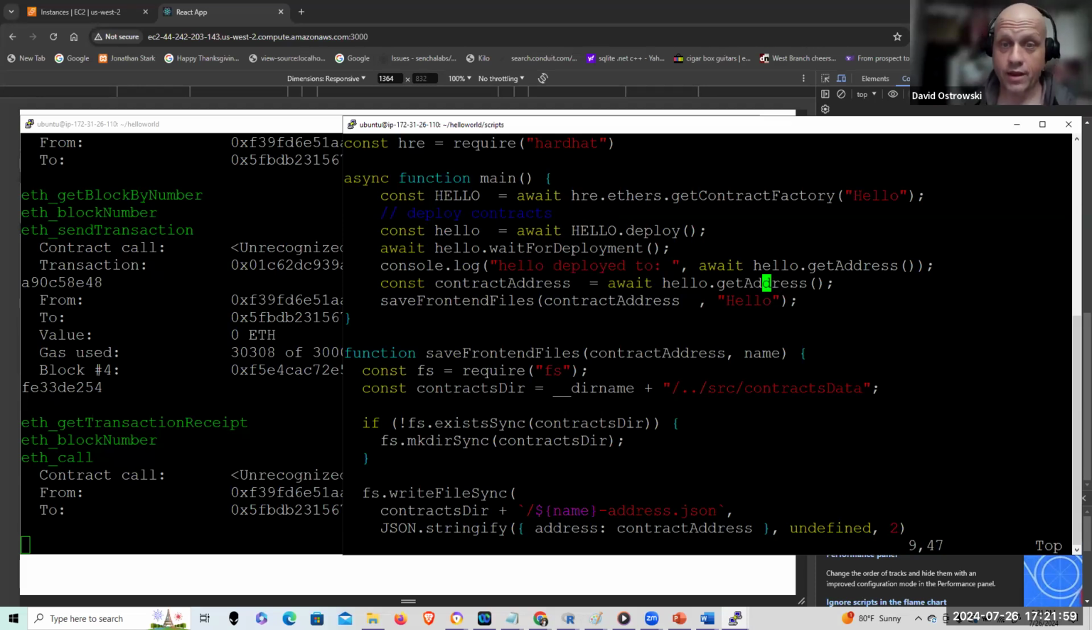So here the contract address is read from hello get address, which is built into the smart contract and allows me to access, not surprisingly, the address. And I'm storing this appropriately into a file named hello using safe front-end files. Okay, so I take a contract address and the name, and most importantly, I'm storing it